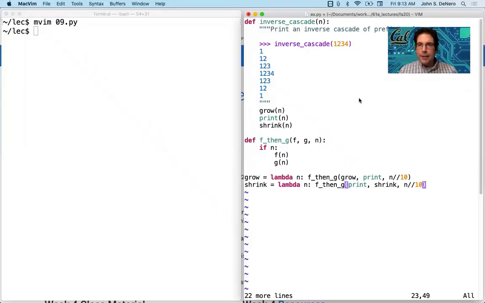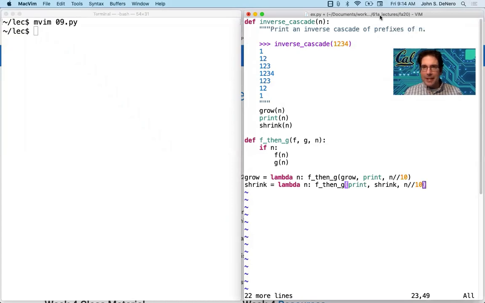Here we go. The question was about what's going on with inverse cascade, and would looking at it in Python Tutor help us understand it? I'm guessing not. I mean, you could try, but most recursion problems are best understood by just understanding what the pieces do and how they fit together, rather than trying to trace through it. Because as soon as you make the argument just a little bit bigger,